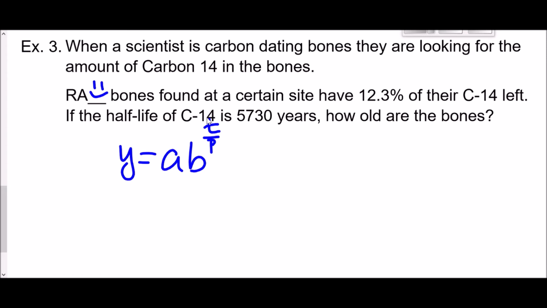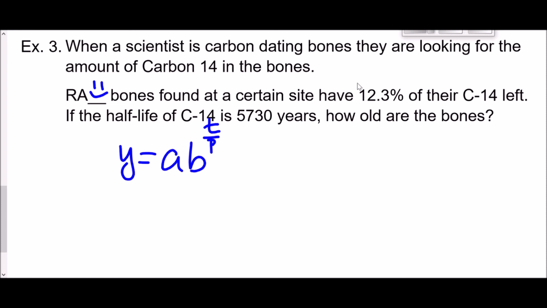Now the problem is, what is my initial amount, A, what's my final amount? If you look at the notes on this, the last topic for exponential function, then you'll find that we have two options. We either assume the initial amount to be 1, then we could have the final amount to be 0.123,